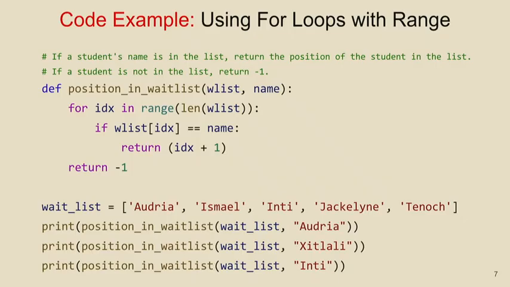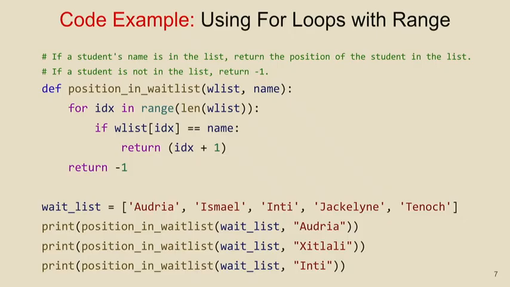But for the purposes of this function, we want to return whatever their index is plus 1, because we want to return their position, where anyone of us could read that position, or someone that doesn't study computer science can understand what that position means. If you ask someone that's never taken a CS class before what position Audrey is in and you say the 0th position, they're like, what are you talking about? 0th position? That doesn't make sense.